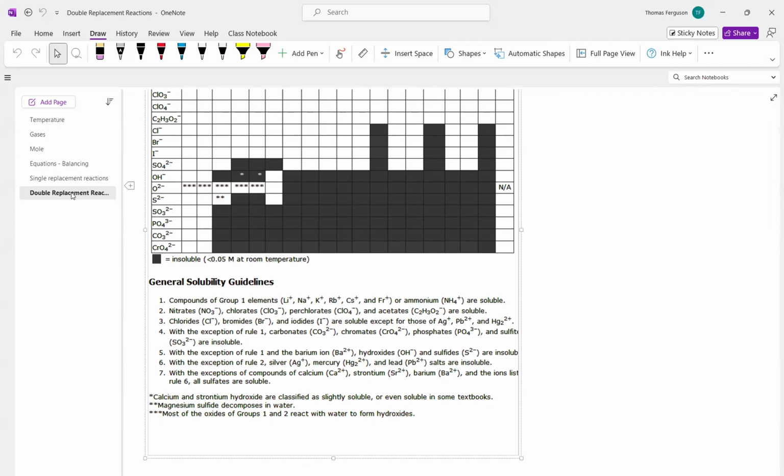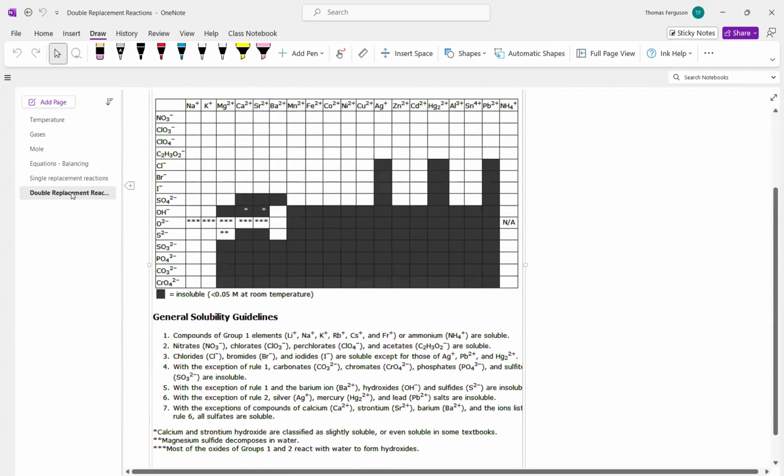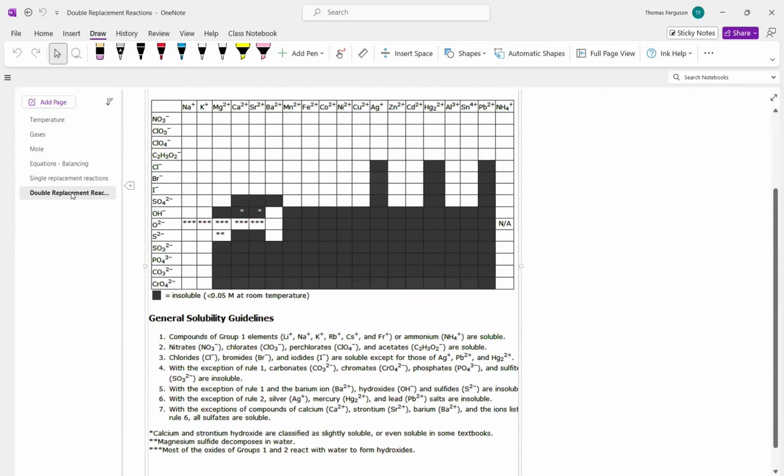But what I did is I put together the solubility table, so it's in graphic form and very visual. So what this does, this tells you if you have a cation and an anion together in solution, aqueous, whether it'll form a solid or not, or it'll stay apart. Now, I want you to remember